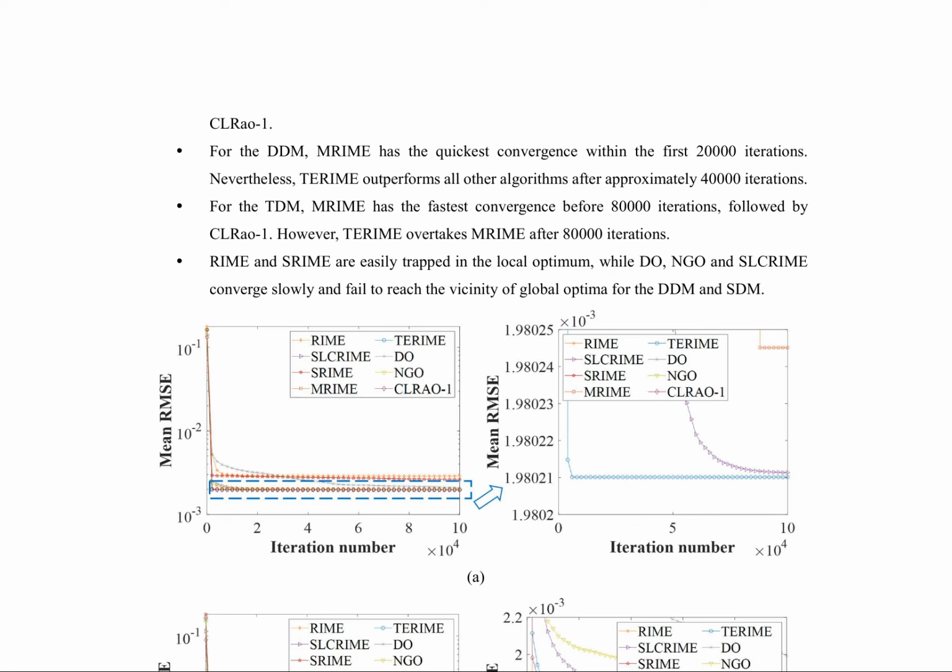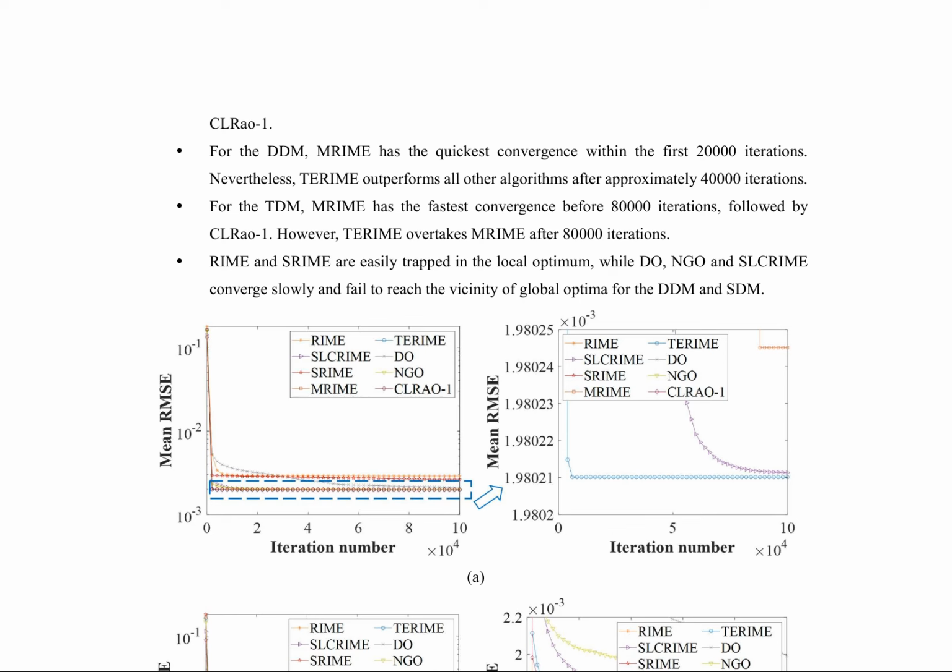In the context of parameter extraction for photonic waveguide platforms, the comparative convergence performance of various optimization algorithms is discussed. For the DDM, MRIME exhibits the quickest convergence within the first 20,000 iterations, while TERIME outperforms all other algorithms after approximately 40,000 iterations. In the TDM, MRIME has the fastest convergence before 80,000 iterations, followed by CL-RAO1, but TERIME overtakes